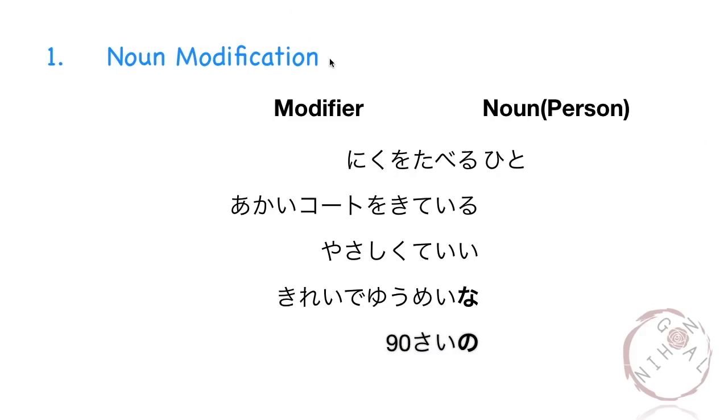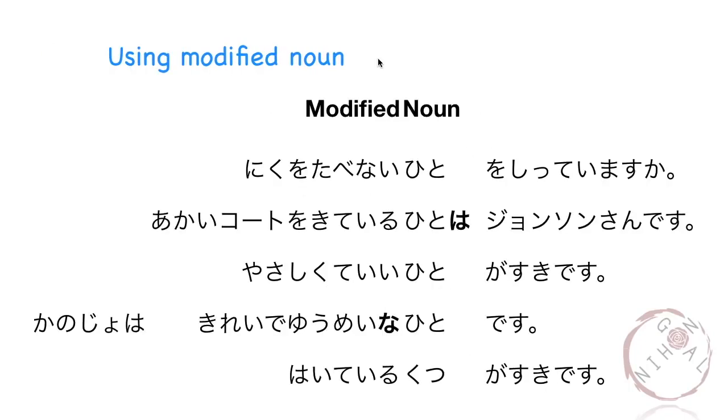We've learned how to modify nouns using verbs, e-adjectives, na-adjectives, and nouns. For example, 肉を食べる人、赤いコートを着ている人、優しくっていい人、きれいで有名な人、90歳の人。We've also learned how to use the modified nouns in different ways in a sentence such as